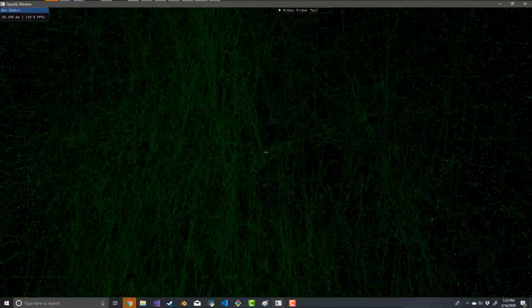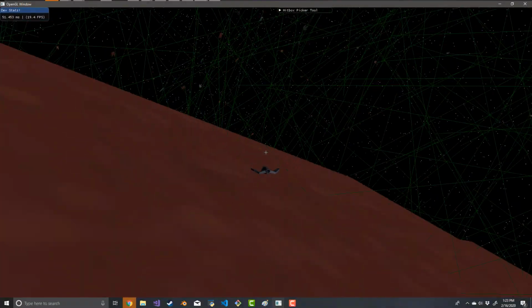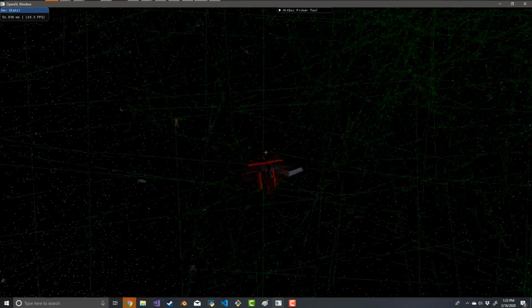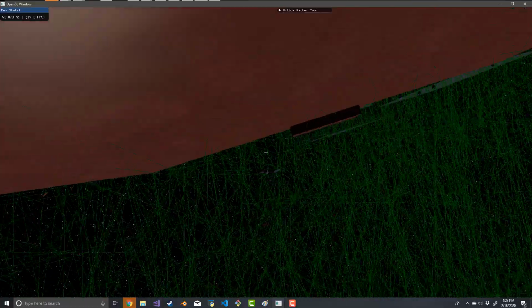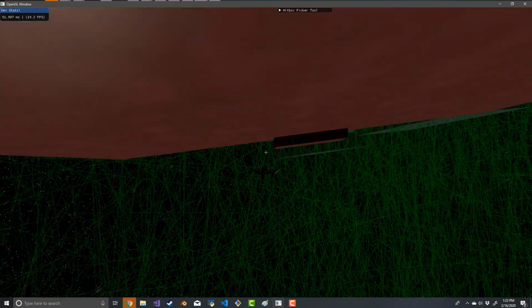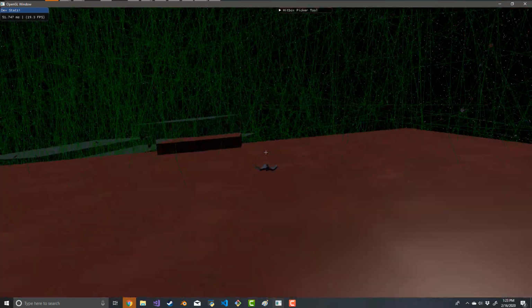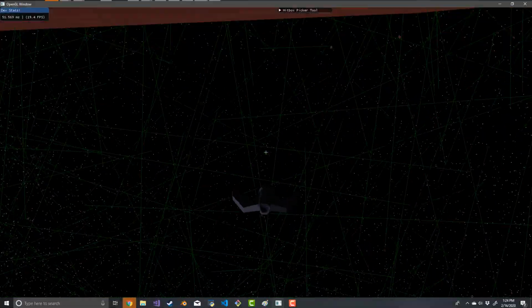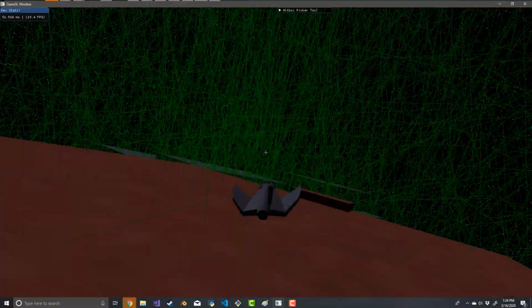I've created a camera system that essentially slides the camera closer to the ship when it's colliding with stuff. If I do a little spin on top of this carrier, you can see that the camera will not allow us to clip inside of the ship anymore. As I start looking up,